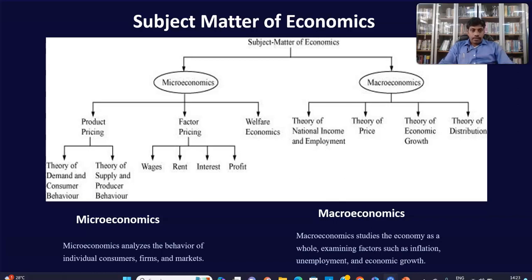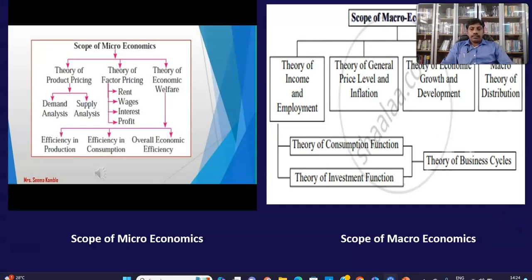Then what is macroeconomics? The word macro is derived from the Greek word makros, which means large. We will study the economic variables at the aggregate level. So here we will study the aggregate demand, aggregate supply, aggregate production, and aggregate consumption. When we study the economic variables at the aggregate level, this study will come under macroeconomic study. Now, we are going to deal with economy and its system.